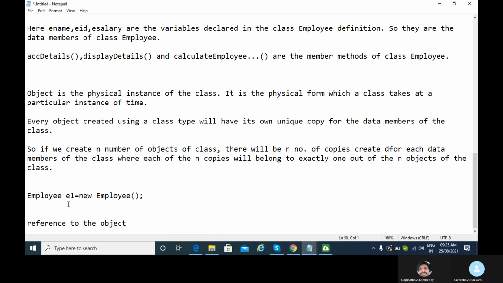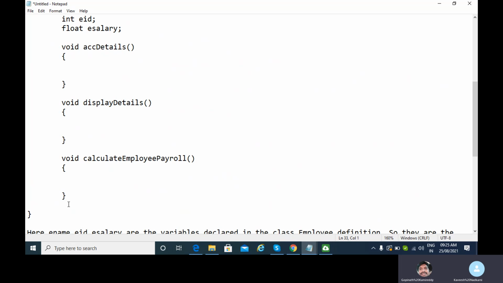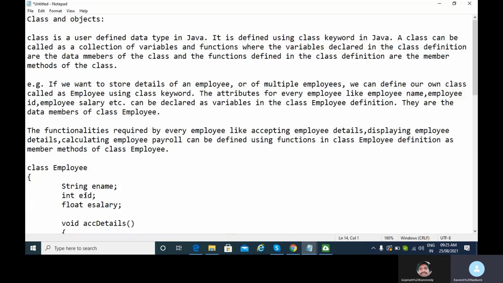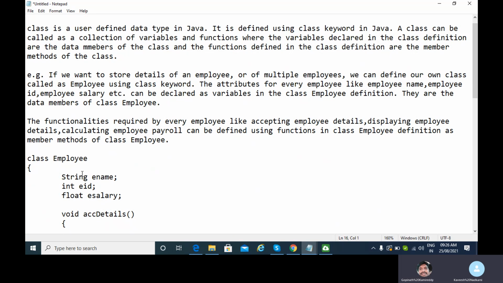Ename is a data member of employee, but at the same time, if you observe, it is a reference variable of the string class type. Ename, which I declared as a data member of employee, is also a reference variable now of the String class type.